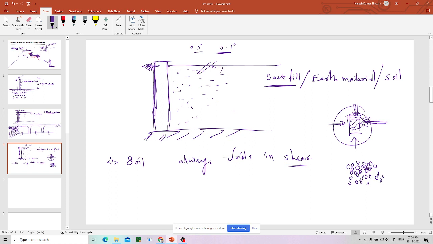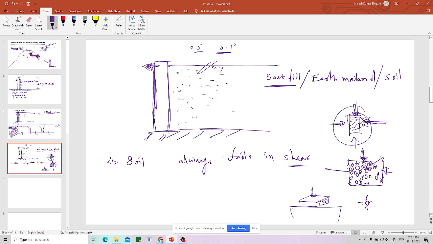To give you a simple example, suppose you take a biscuit. If you just press with the hand that biscuit which is on the table, it gets crushed. That is failure. But when you come to the soil, if you take a single soil particle and apply compression, then also it crushes. The problem is, when you take the whole soil sample, before this crushing happens, when you apply